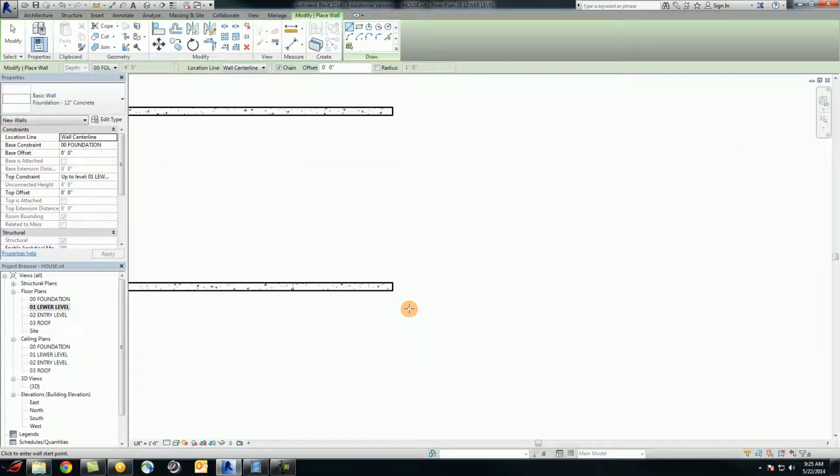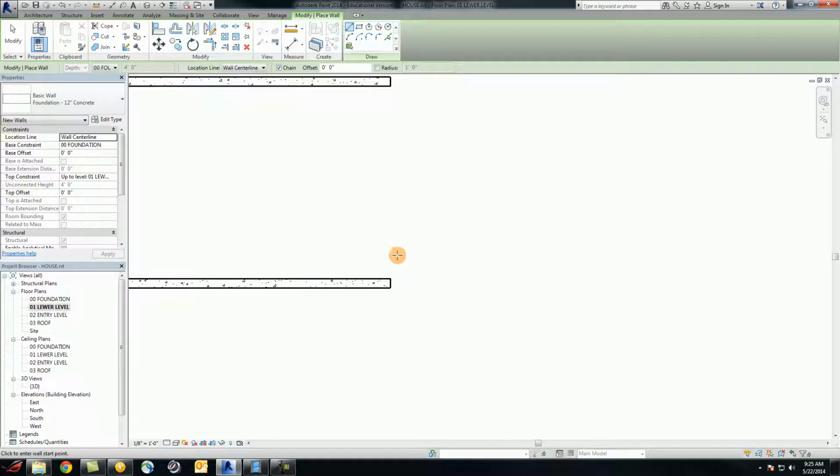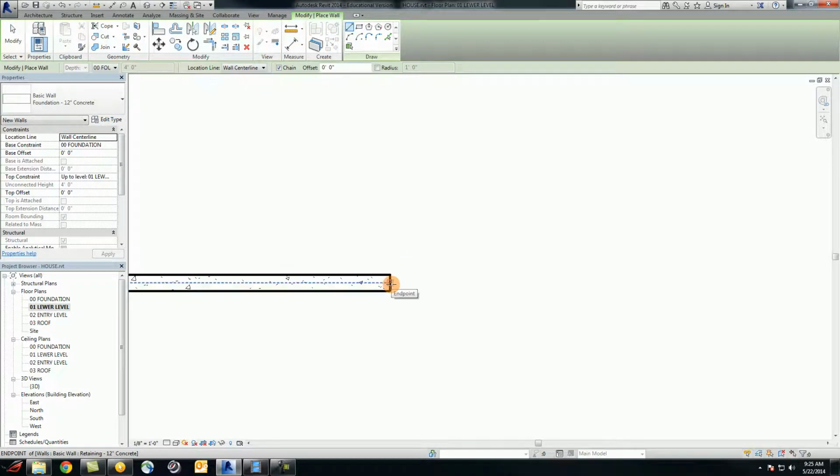Then we can start drawing from the end of the north elevation or retaining wall, because we're going to trace the center line. So we start with the center line of the retaining wall, snap to it, which is really handy in Revit. The snap buttons are available. The first piece of foundation wall goes east,